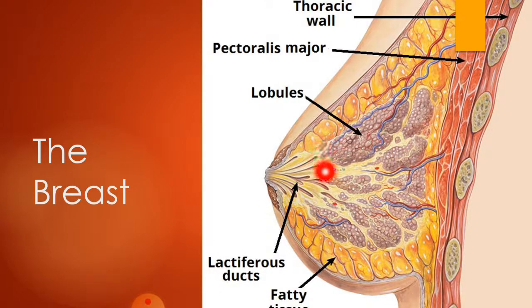If you look at the structure, you can find the segments, and we can call a segment a lobe. In each lobe or segment you can appreciate the lobules, and each lobule is further composed of alveoli, and each alveolus is drained by a single lactiferous duct that converges towards the nipple to drain the milk.